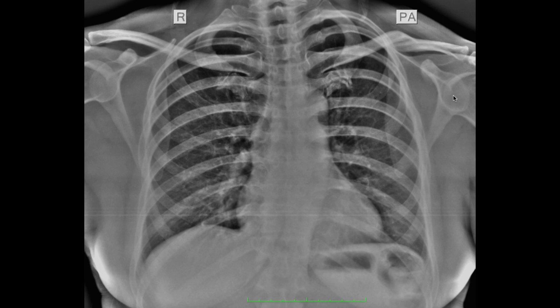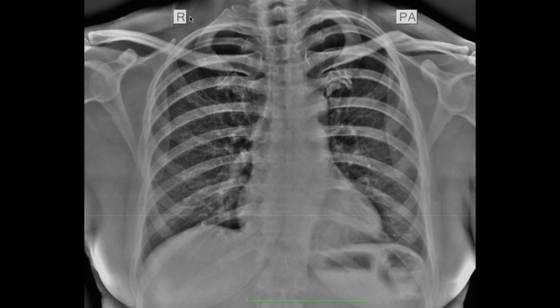Next, the heart size and the mediastinum will appear to be magnified on an AP view because of the reduced film to focus distance, and also because of the reduced inspiratory efforts in the sick patients. And also, the bronchovascular markings will be very crowded because of the low inspiratory effort in those patients. The ribs also will be more obliquely placed in an AP film. So these are certain differentiating factors.